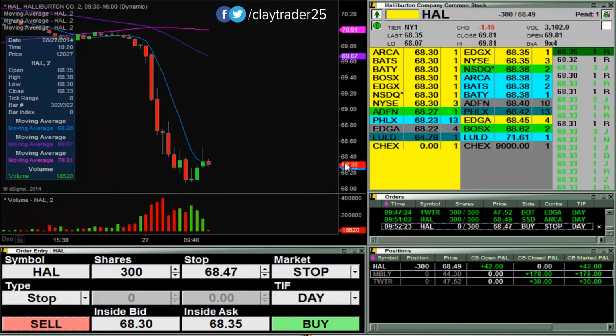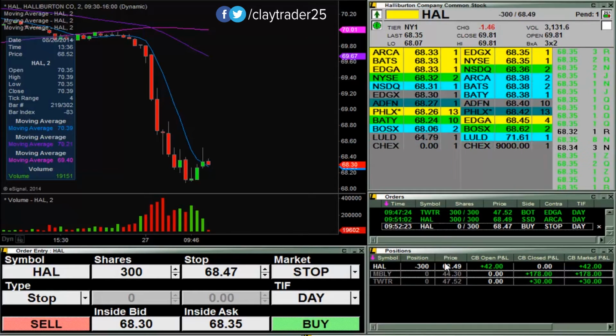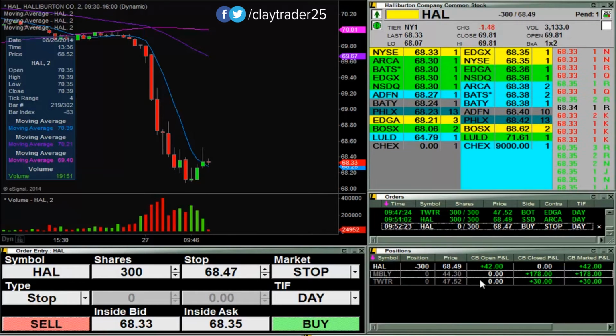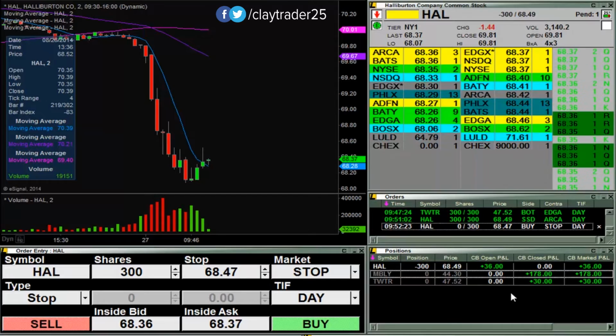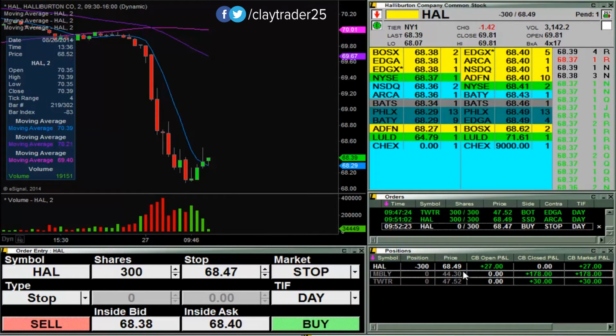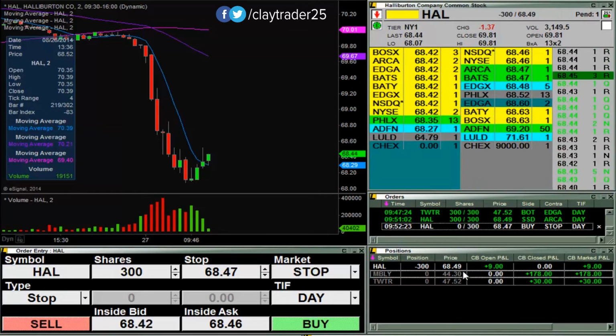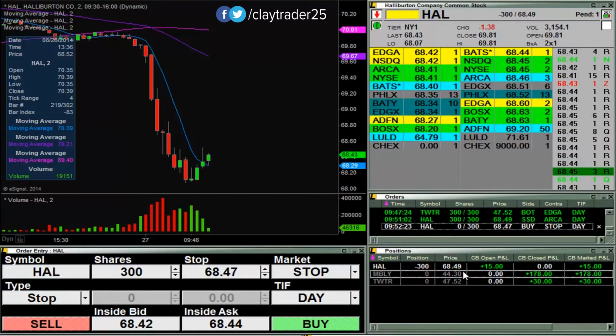All right, set up another risk versus reward trade here. Went short at 68.49, so I have my cover in now at 68.47 just to ensure that it's a winning trade. So if it rolls over, it's going to get even bigger, but if it doesn't, then I'm going to make 2 cents on the score. So right now I'm sitting in a position where it's not if I lose money anymore. It's just, let's see if I might get hit here. Not really am I going to lose money, it's more of am I going to make 2 cents, or am I going to